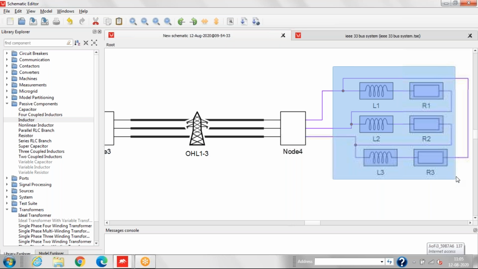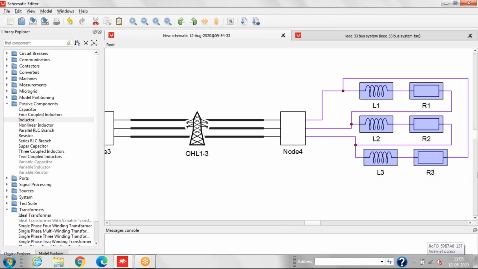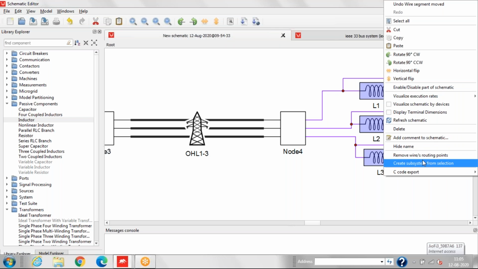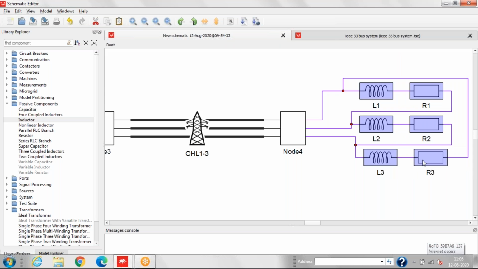Now we create a subsystem from the selection. Like this, we can choose create subsystem from selection.